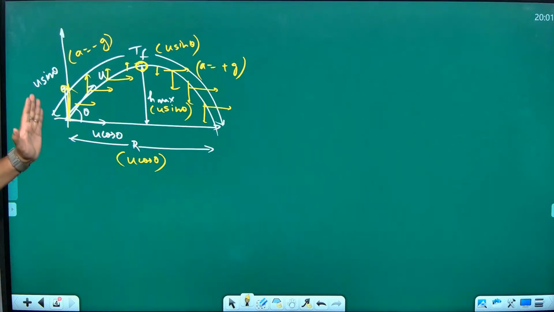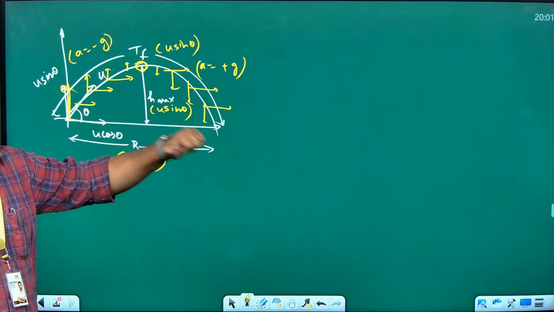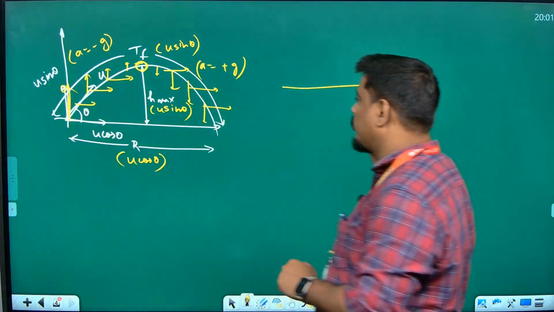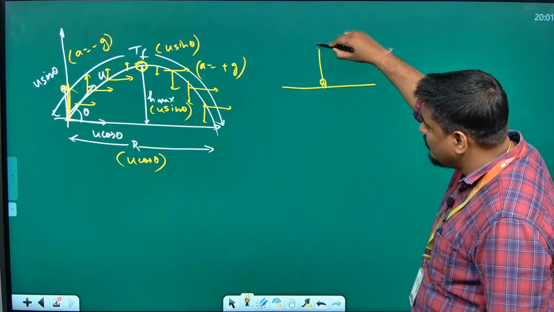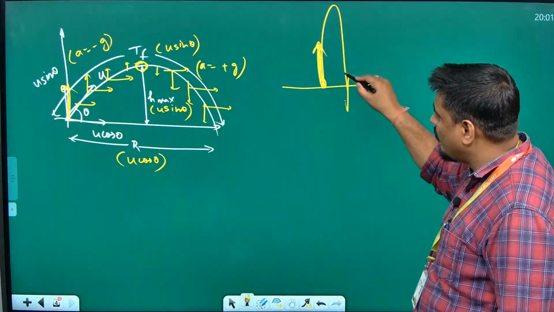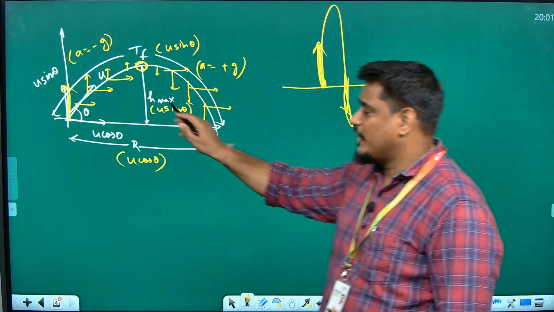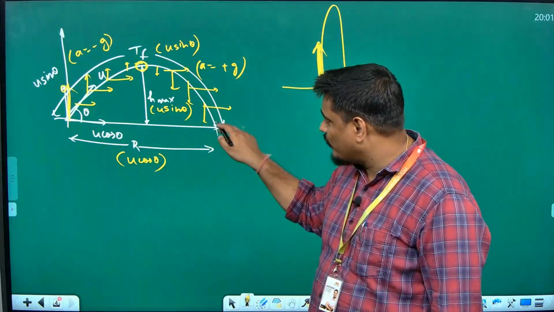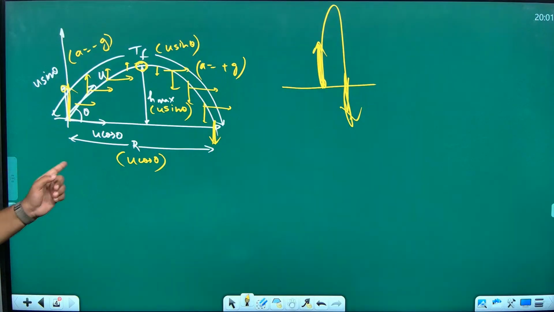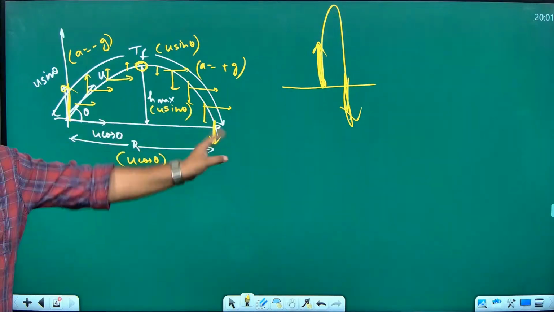The surprising point is that with whatever velocity you have projected, u sin theta, the same velocity it will hit the ground, u sin theta. I told this to you in motion in a straight line also. If you throw something up, it goes and comes back with the same velocity with which you threw it. Same concept here. If u sin theta has a value of 10 here, here also it will have the same value 10. But u cos theta will remain the same throughout. If it is 5, it is 5, 5, 5.